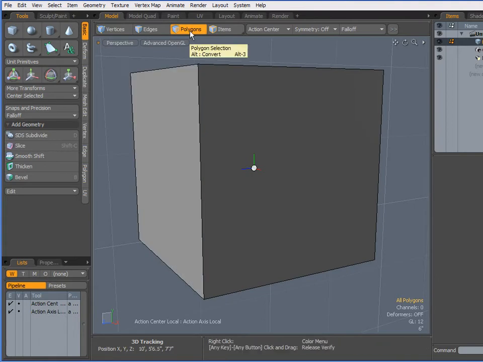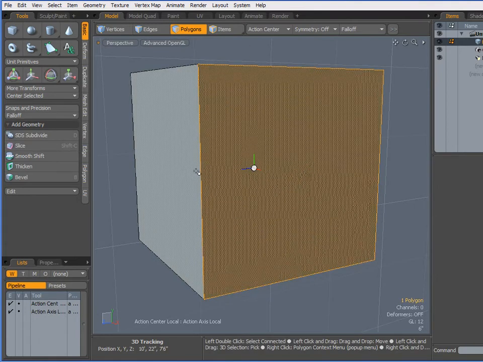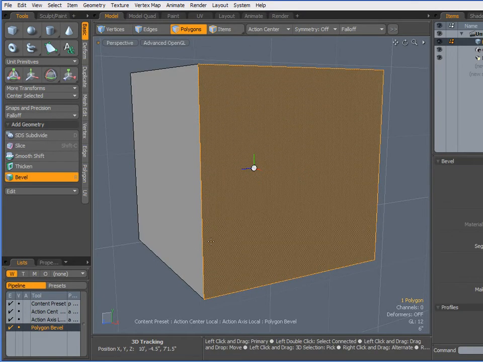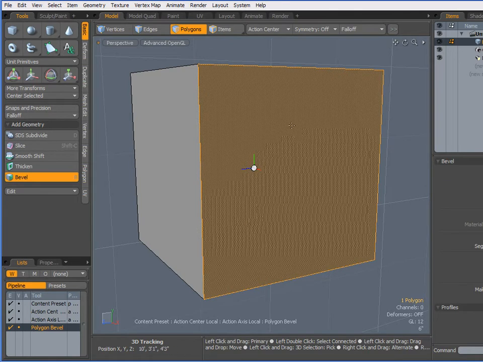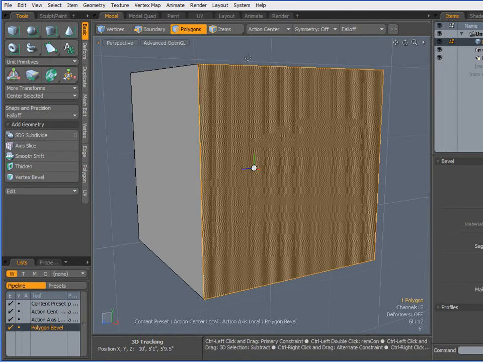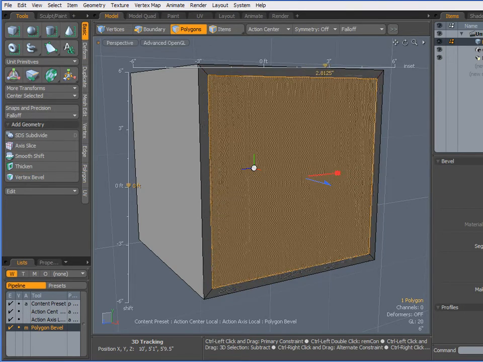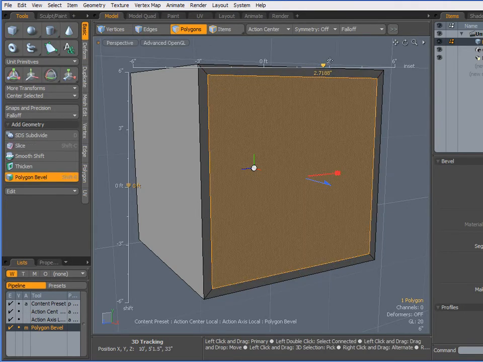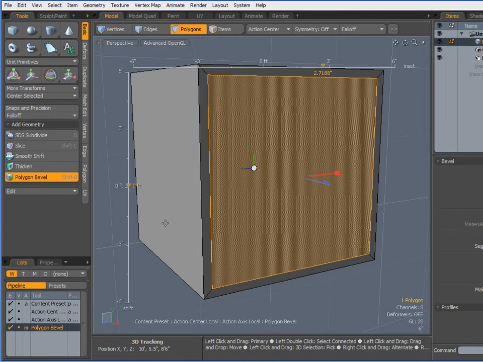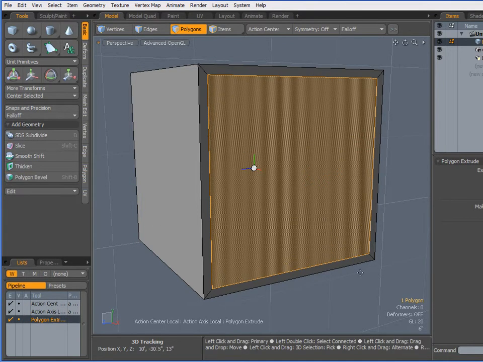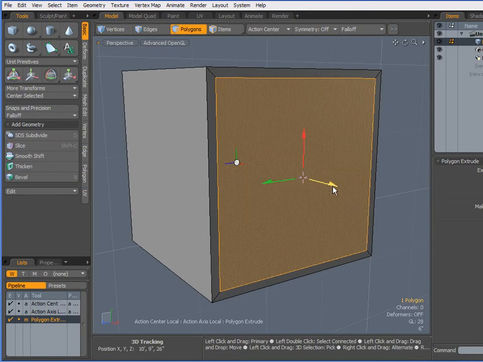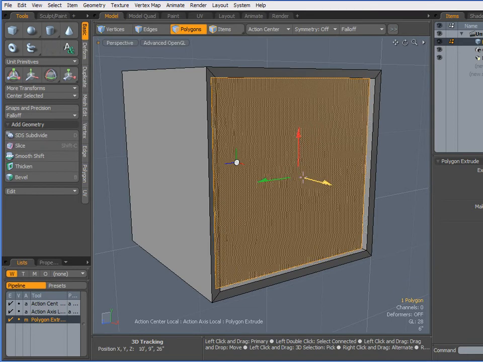Click off of that with polygons selected. I'm going to select that polygon, hit my B key for my Bevel Tool, and I'm going to hold down Control, and I'm just going to bevel inwards a little bit, and I'm not worried about the numerical values. This is just a demonstration. Now I'm going to hit X key to bring up my Extrude tool. I'm just going to click over here to activate the tool, and I'm just going to push it inwards